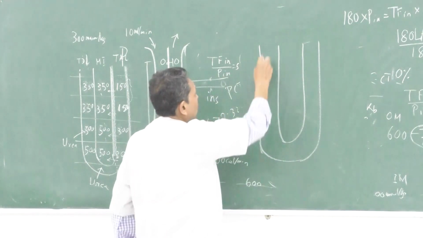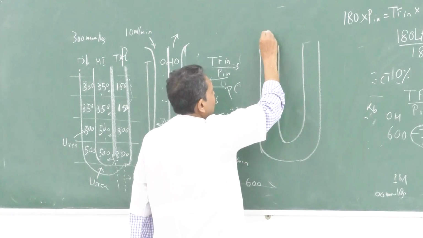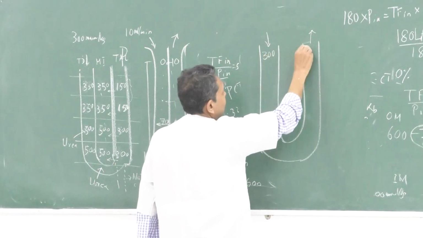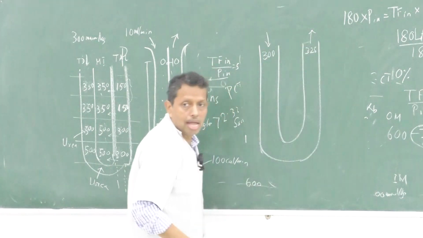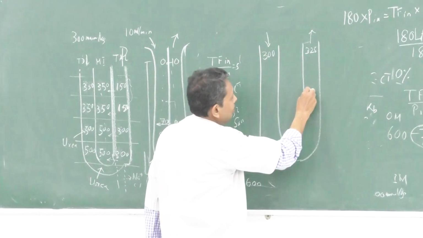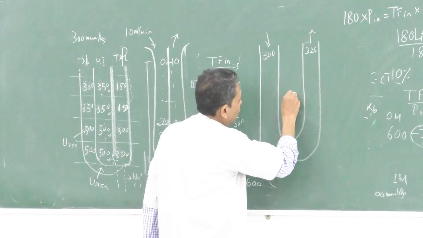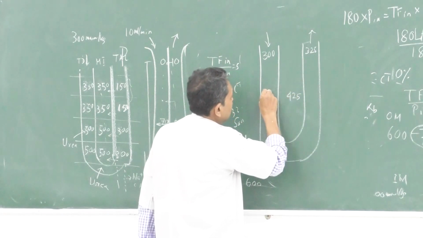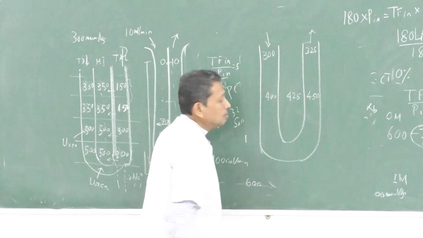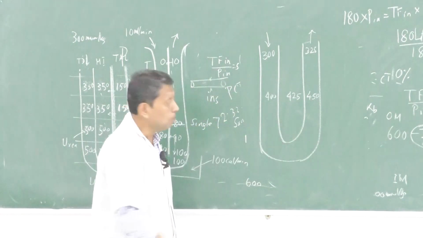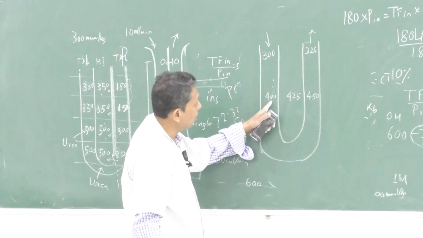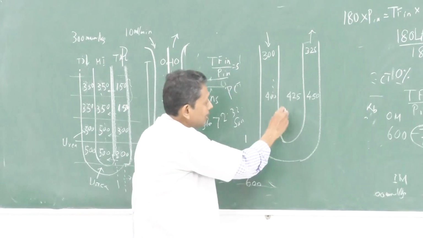At a particular level, and as there is continuous flow, due to this flow. So whenever this occurs, the water has a tendency